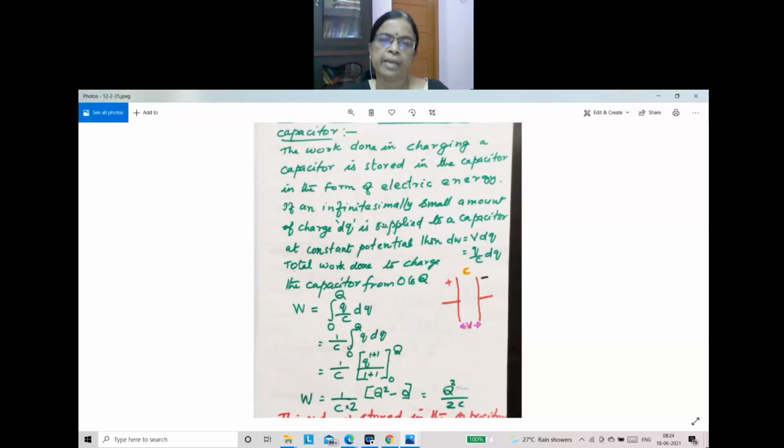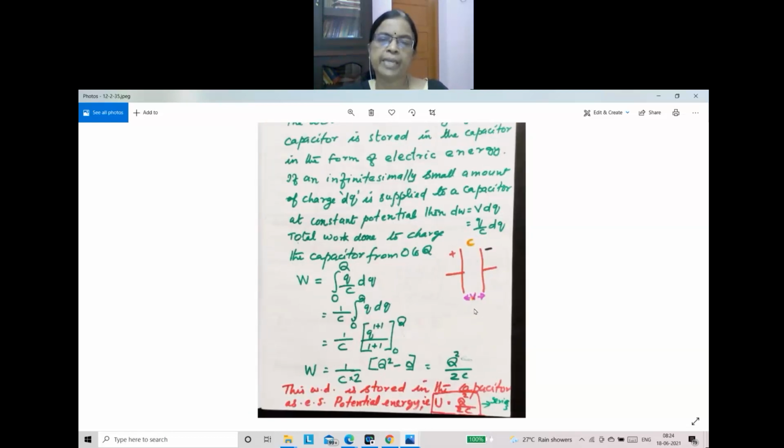All of you listen well, children. Here a capacitor has 2 plates, each of area A, with a small distance d between them, and V is the potential difference applied. The battery is not shown here, but a potential difference is applied by connecting a battery, and C is the capacitance. When we connect a battery, it continues charging the capacitor.